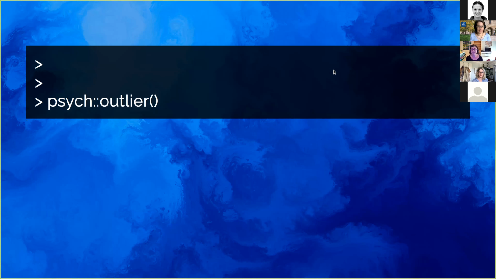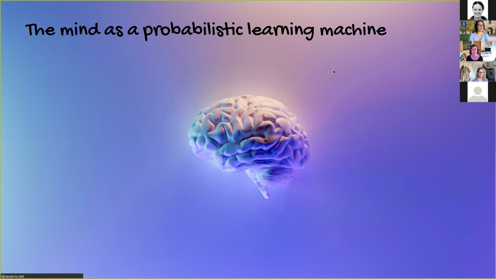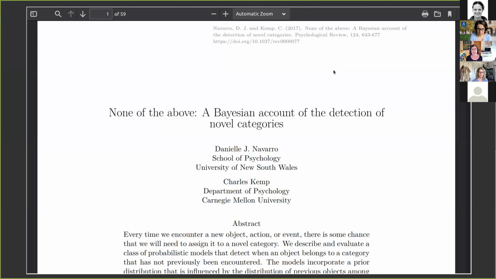I've always been a psychologist by training, though in some sense of the term, I'm an outlier as psychologists go. My research has focused on this notion that we can think of the human mind as some kind of probabilistic learning machine. So we're trying to think about statistical learning tools, but rather than looking at learning from data generally, we're looking at whether these things can be used as explanations for why humans make the judgments we do. So I tended to write papers that looked like this.